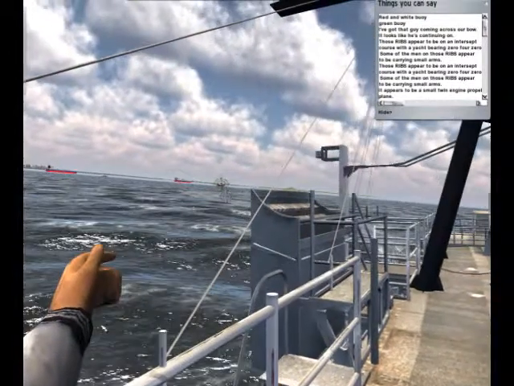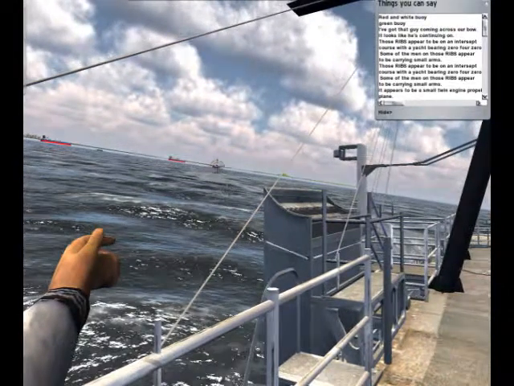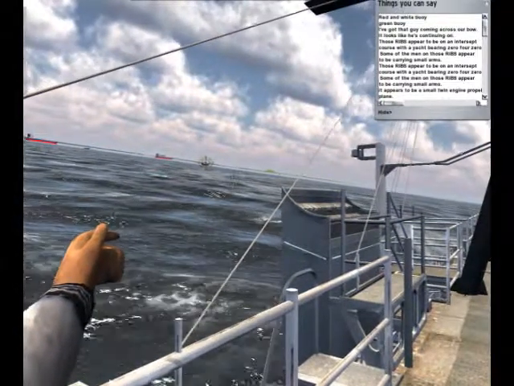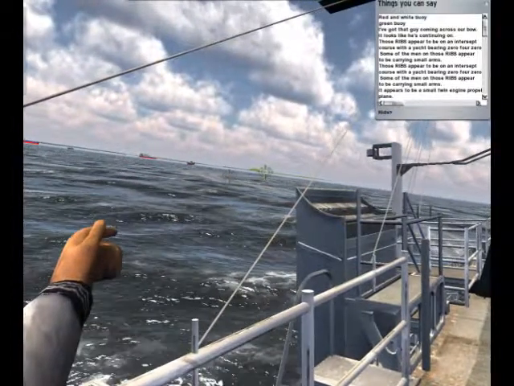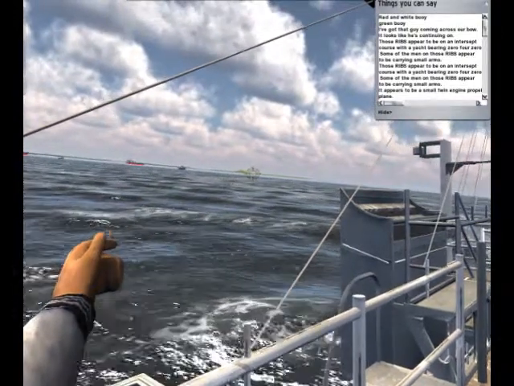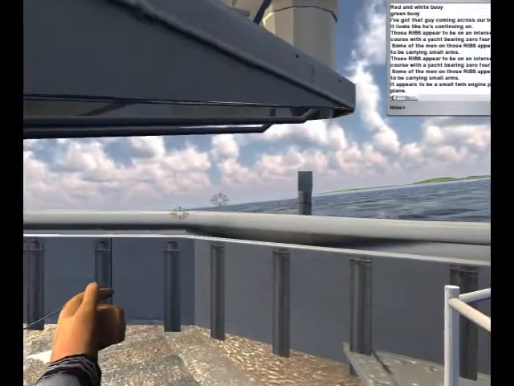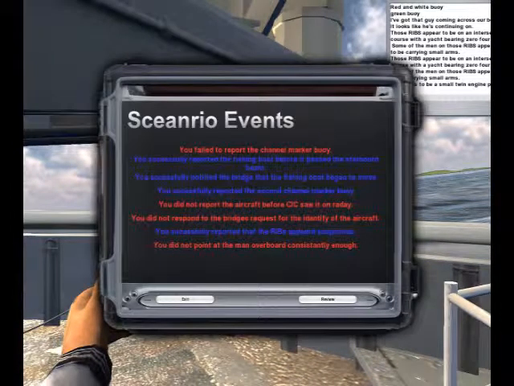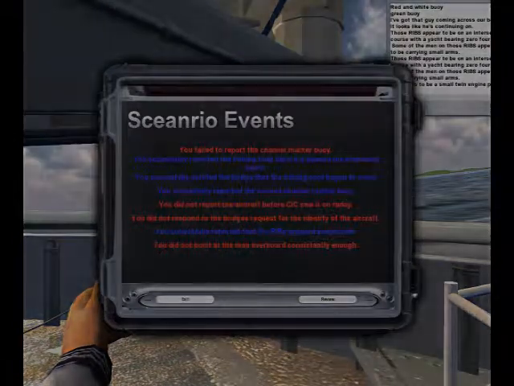Radar shows no contacts at that range. Confirm. Range. Bridge eye. Would